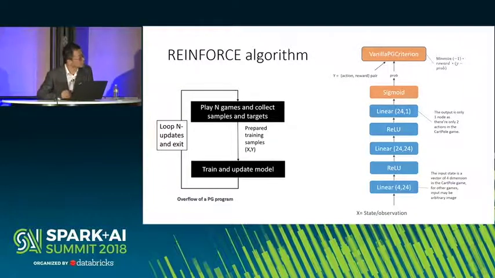So the REINFORCE algorithm works just similar to the graph on the left. You need to play n games and collect all the samples, and then train and update the model after that. Both the game playing and the model training can be distributed by Spark, leveraging some utilities that we provided in Analytics Zoo. And the model for this policy gradient